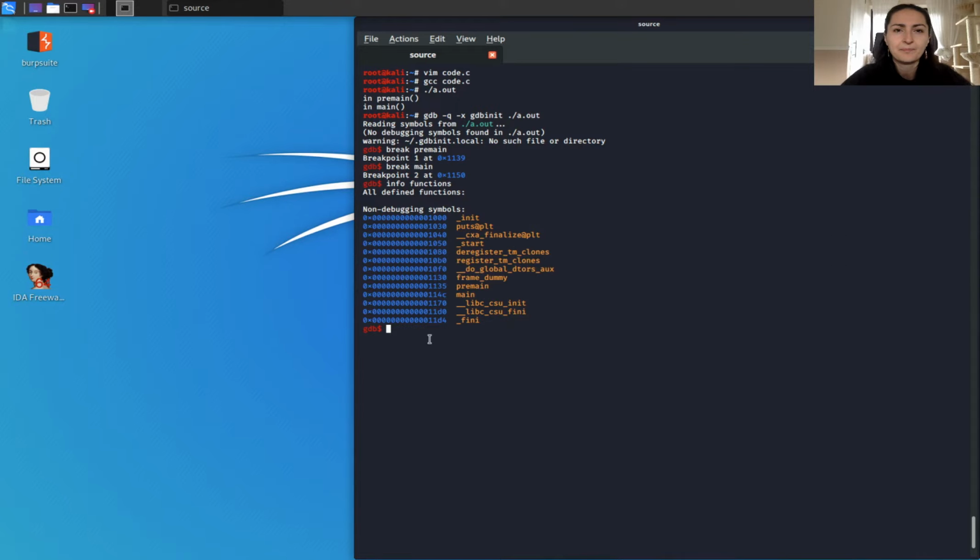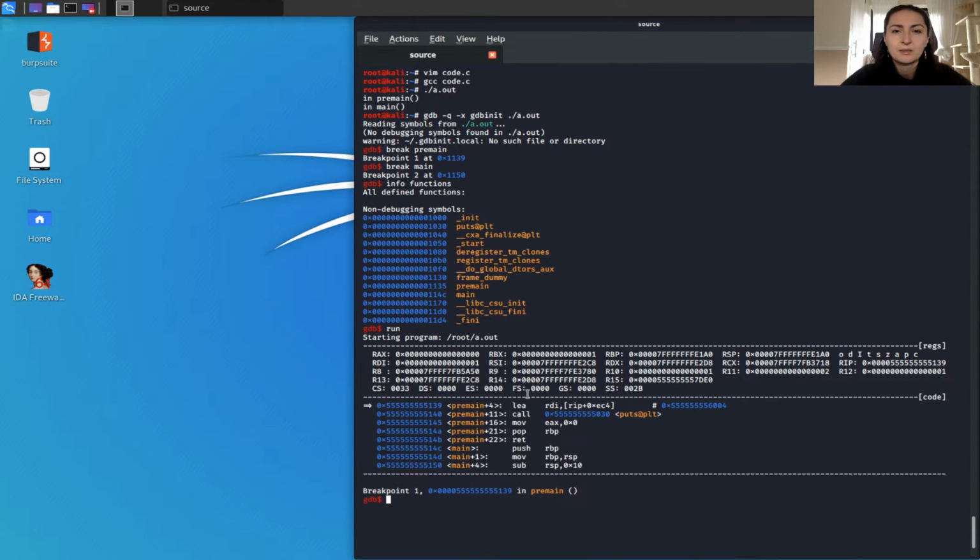Okay. We run the app. Right. Very nice. It stopped in the pre-main function. So breakpoint 1. Notice that our printf instruction has been replaced by the compiler with a puts function for simplicity.